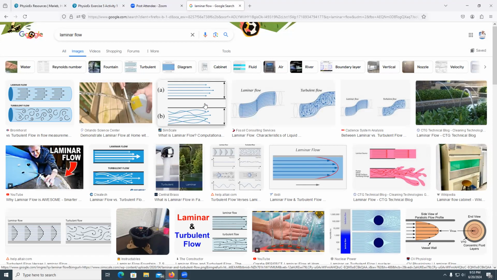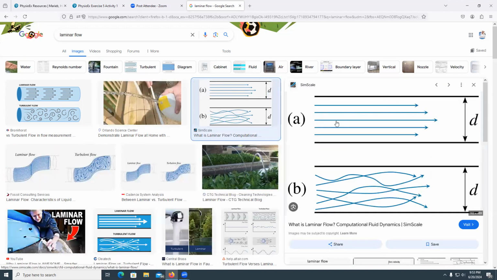So in laminar flow, if we look at A and B, for example, both A and B represent two blood vessels. The blood that is neighboring the edges, the boundaries, that is intimate with the tunica intima, the innermost layer of the blood vessel,